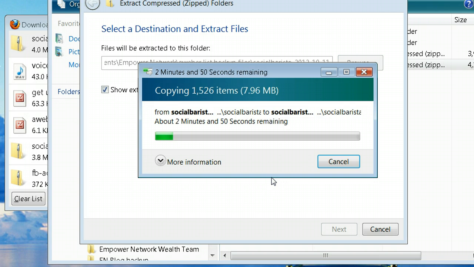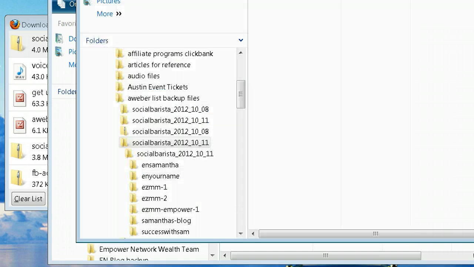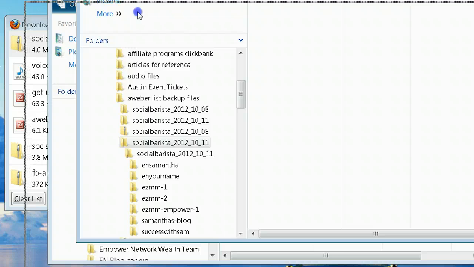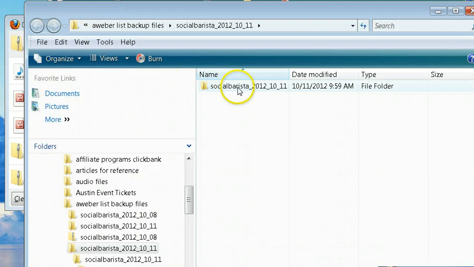So we'll just see if this actually works, if there really was an error, or if it actually is going to work. So it's going to take a couple minutes, because there's quite a bit of information in the file. So I'll give that a second and we'll come back to it. Okay, so it's opened up the file, and it's kind of just put it in its own single file,